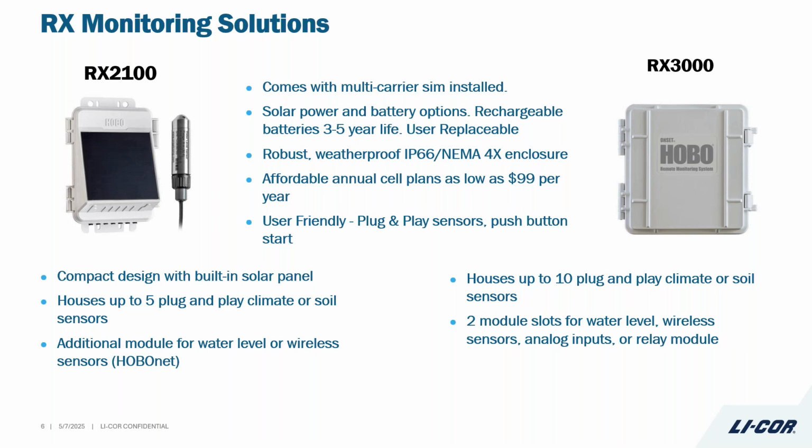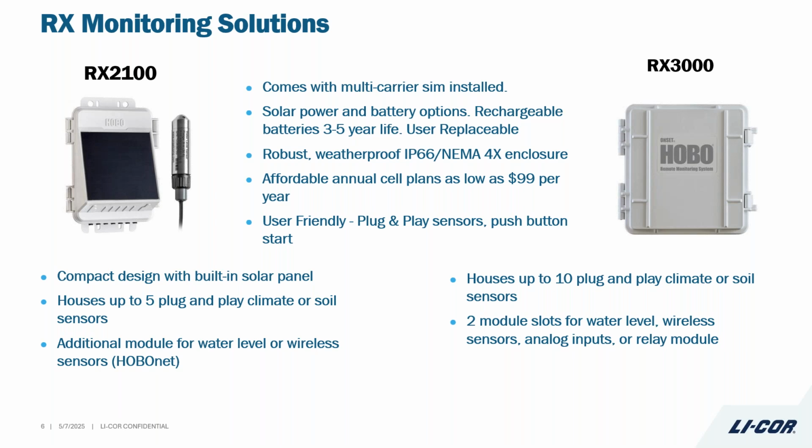Some of the differences you'll find: the RX 2100 series is a little bit more compact. It's smaller, and it has a built-in solar panel. Underneath it, you have 5 plug-and-play climate and soil sensors, what we like to call smart sensors, that you can just plug in and you're up and going and collecting data. We also have the availability in the RX 2100 series to add a water level module or the wireless HoboNet manager to create a wireless mesh network, which we're going to talk about coming up here soon. So that's our compact version